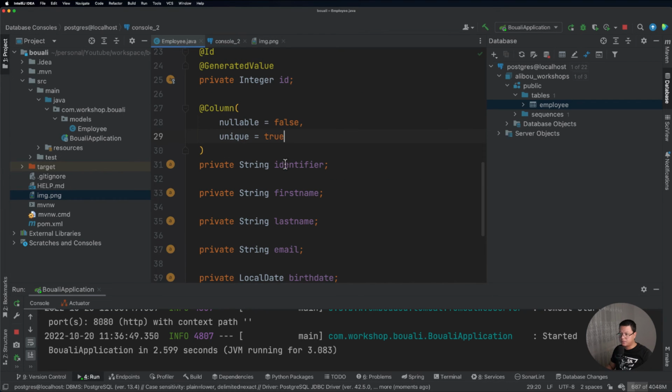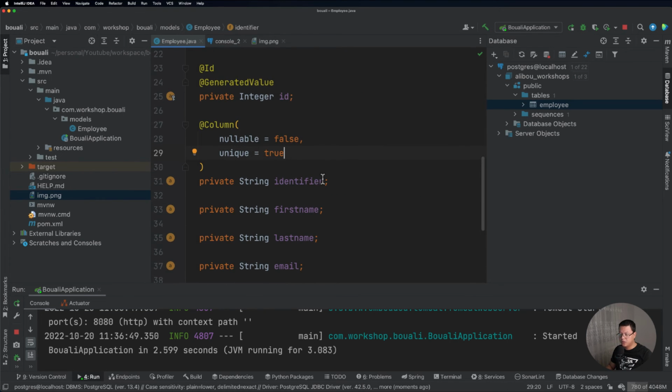This means we cannot insert two lines into the employee table containing the same identifier. So for example, if our identifier is 1234 underscore Alibu, we cannot have two employees with the same identifier. Okay, so this is something.